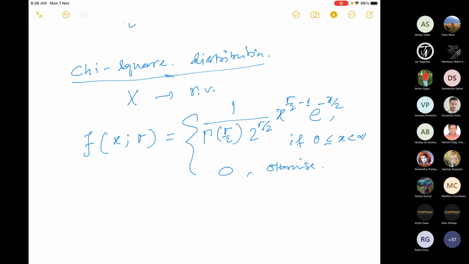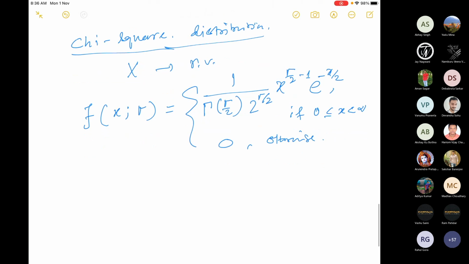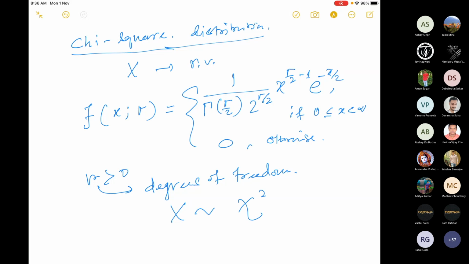So this is my chi-square distribution, and here we assume that r is bigger than 0, and r is called the degrees of freedom. We denote it as chi-square r, with r degrees of freedom. We also discussed when we defined this chi-square that